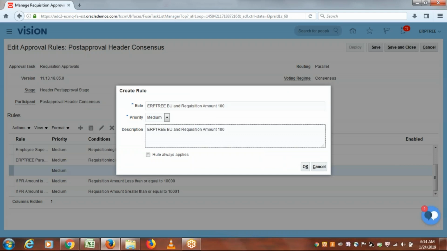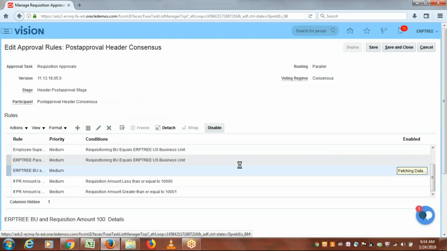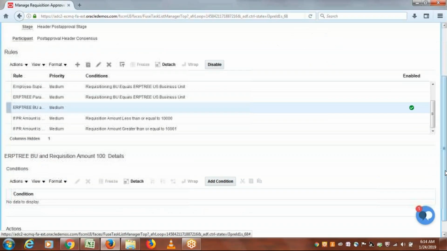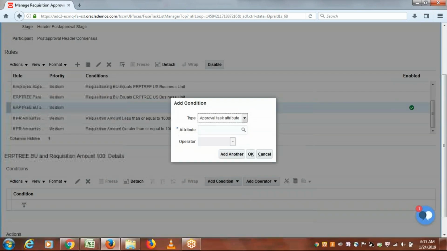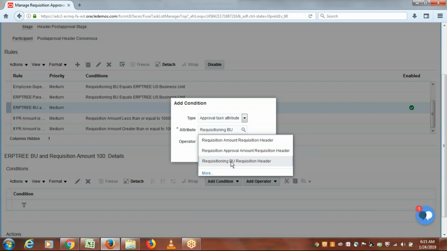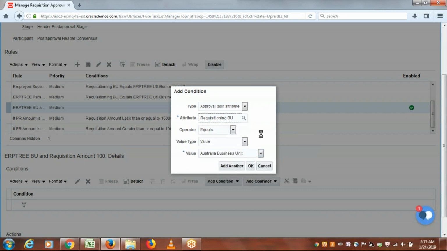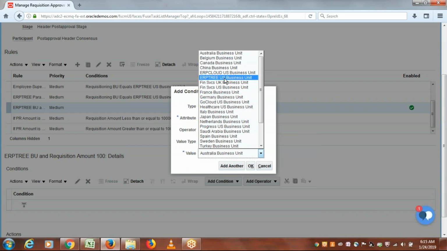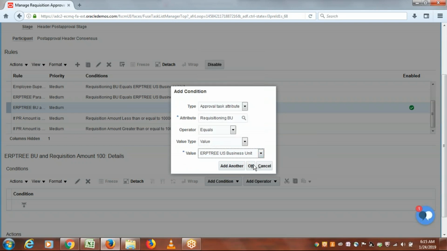Just for identification purpose. Say OK. Go to conditions, add condition. If requisition business unit is equal to ERP3 US business unit,